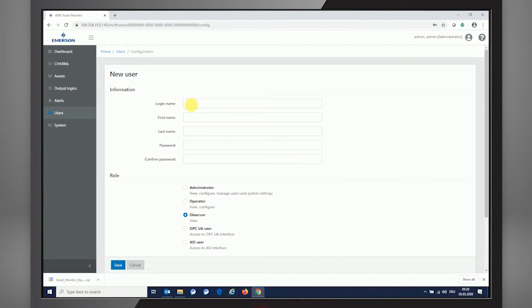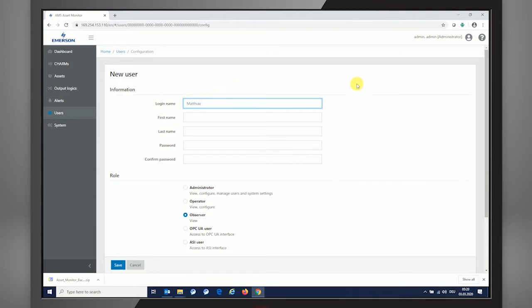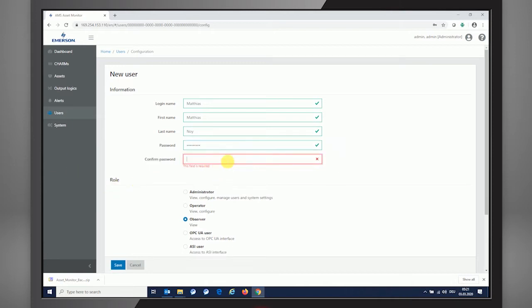So for having a new user set up, I'm just entering a login name, which, just as an example for me, is Matthias and Neu. And from password perspective, make sure that you read what's below the sign here. It needs to be anything minimum 8 up to 30 characters, and it should be a combination of letters, digits, and special characters. So I'm just entering anything considering the policy for setting up the password, and confirm the password and make sure that you're entering the same characters